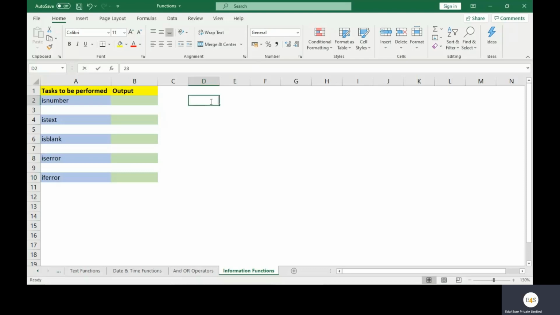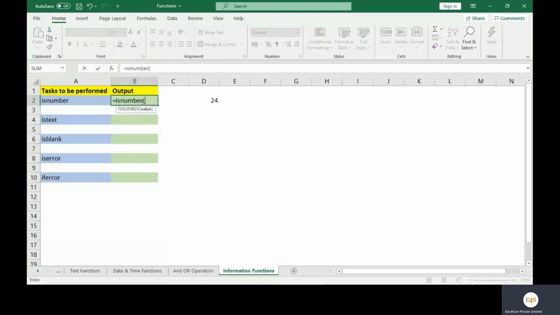For example, we have this value here, 24. See, the color of the cell is white. That's why the text is not prominent. Make it black. So we have this value in the cell D2, which is 24. Now, if I write ISNUMBER and give the cell as one of the parameters, it says TRUE, because yes, this is a number. In case we write ISTEXT and give the cell as parameter, FALSE, because this is not a text, this is a number.